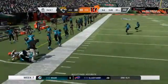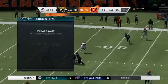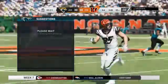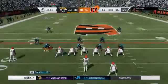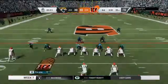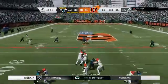And the catch good. It's Eifert. 2 yards is all they'll get on the completion. It's 4th down. One of the money routes for any offense, the drag route. So tough to defend because the receiver can stop at any point and make himself available to the quarterback and get a completion. But I love the communication we saw there. All the defenders pointing out the receiver, where he was going, and then they're able to rally to the...